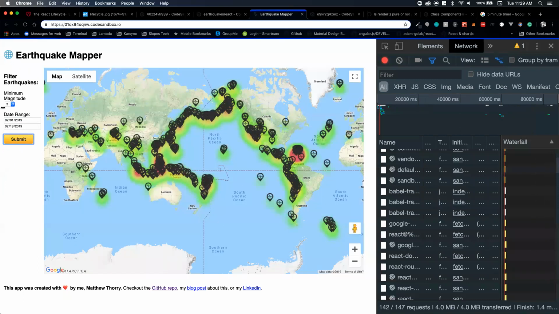And then our map re-rendered again. None of this is re-rendering. I don't know why they need to re-render the actual map. I think they could just re-render the points on here. But anyways,